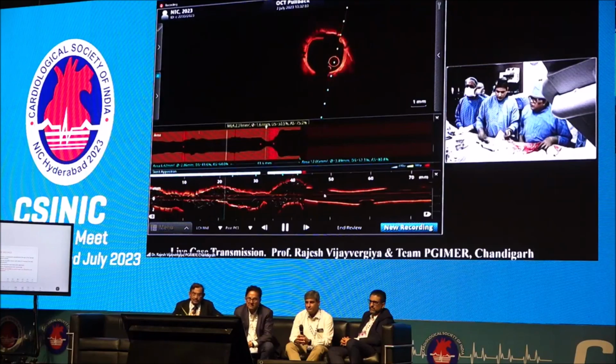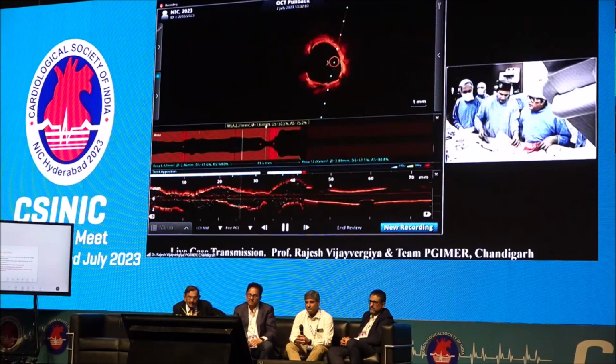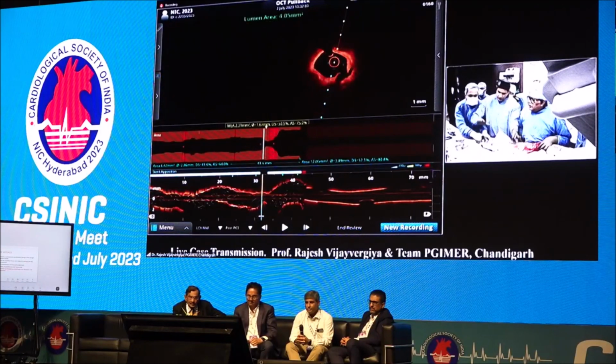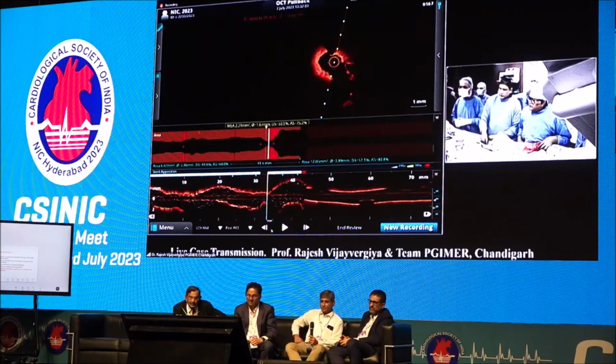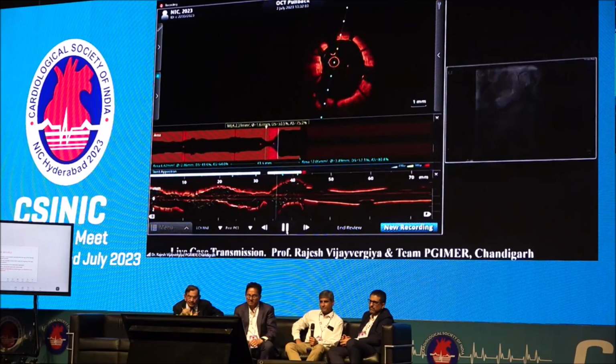Okay, so this is the OCT run across the left circumflex. This is after a 3 millimeter NC balloon followed by a drug-eluting balloon, and we do have a residual ostial stenosis with a minimum area of 1.82, although angiographically it's looking nice. Left main stent is